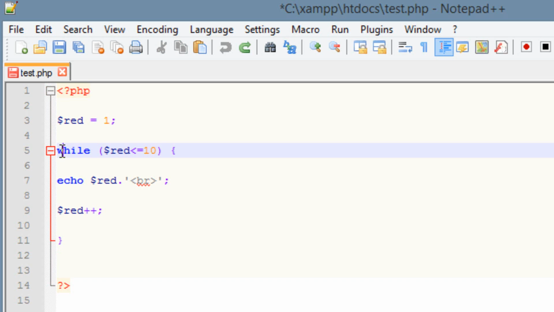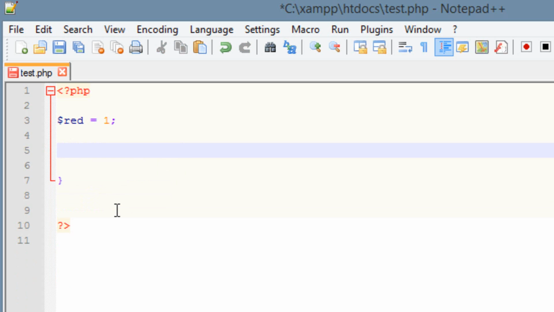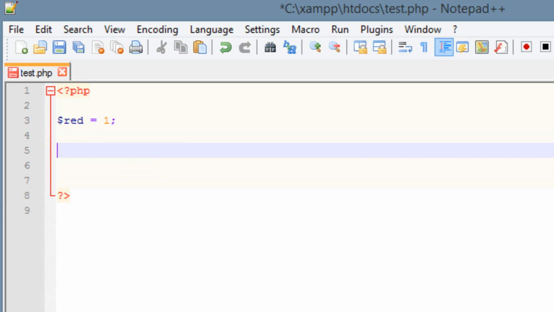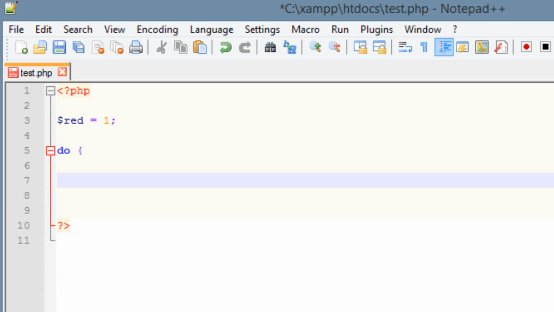Now, the only difference between the while loop and a do while loop, and I'm going to delete this right now so I can show you guys the structure of a do while loop, is that we start off by typing do on top, right? We hit space. We use the open curly brace, hit enter a couple times, then we use the closing curly brace, right? After the closing curly brace, we type in space, type while, hit space, open and close